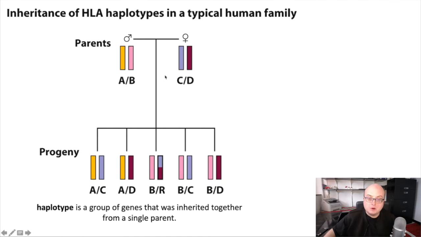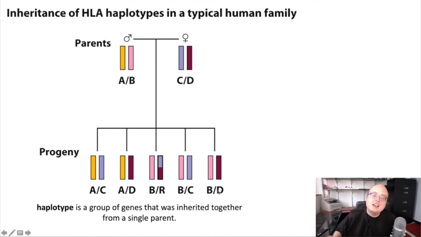When they're conceived, a person inherits two chromosomes, one from each parent. They're going to inherit one of the haplotypes that their male parent possesses, and then one of the haplotypes that their female parent possesses, usually. If you do this in a Punnett square, there are four possible combinations. If we call the two haplotypes from the male parent A and B, and the two haplotypes from the female parent C and D, then most frequently you're going to have one of four possible combinations: AC, AD,